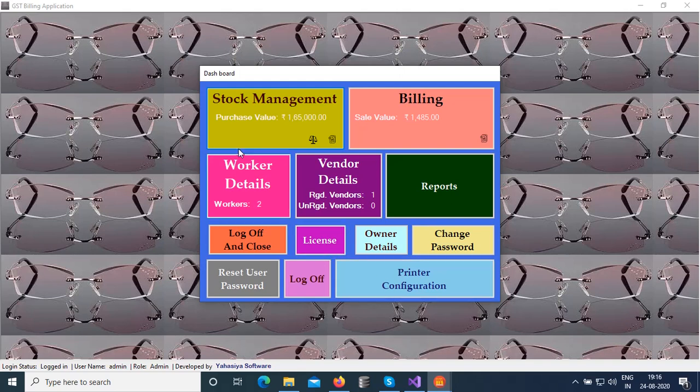Previously in our dashboard we used to see purchase value and then purchase tax. Then in the billing section we used to see sales value and sales tax. That will not be there now. The change is you will have only the purchase value. That means you are buying like an unregistered buyer, or you have purchased with some purchase tax, but you didn't get any sales tax from any of your customers. So we only have a purchase value and a sales value. That's all.